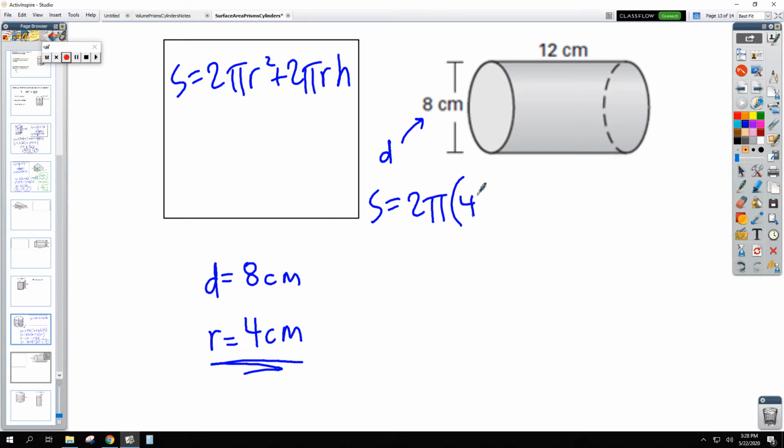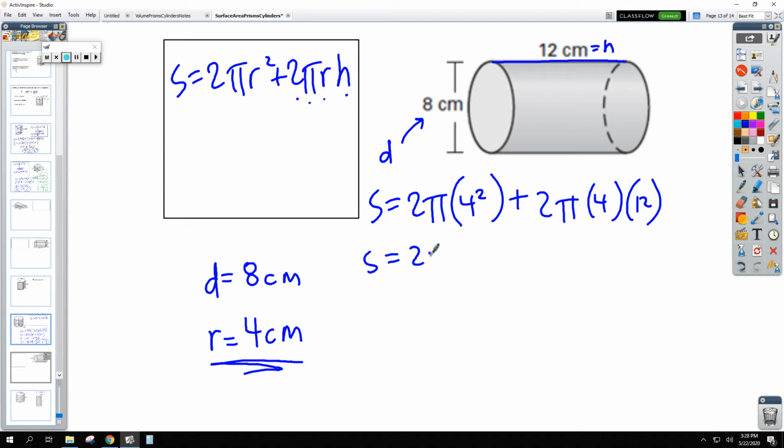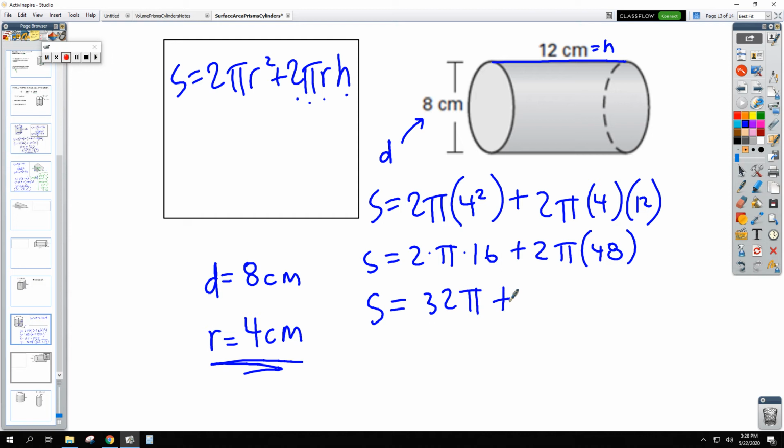and that's what we're going to plug in for r here. So 4, that will be squared, plus 2 pi r times the height of the cylinder. In this case, it's 12. Right, everything's plugged in. Let's work this out carefully. That's 2 times pi times 16 plus 2 times pi times 48. So what we have here is 32 pi plus 96 pi. Combining those,